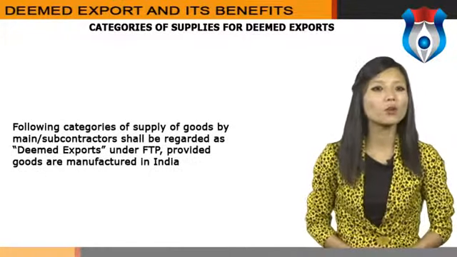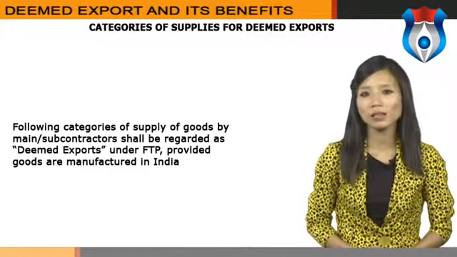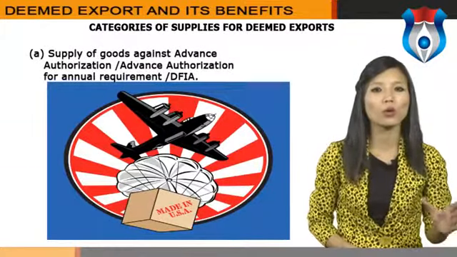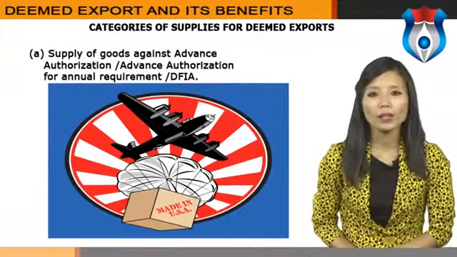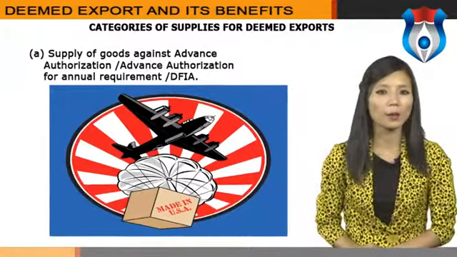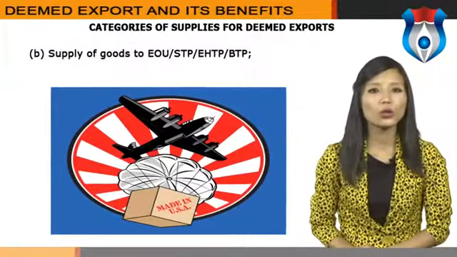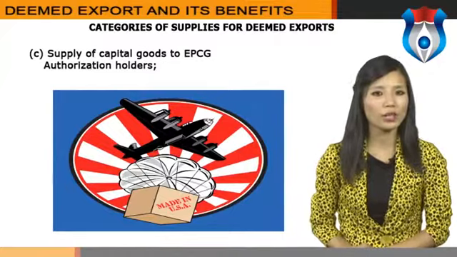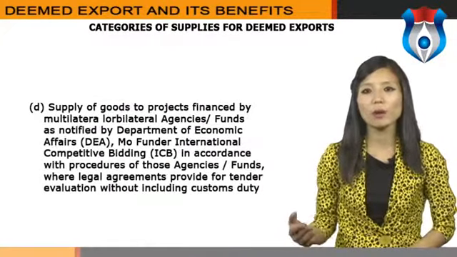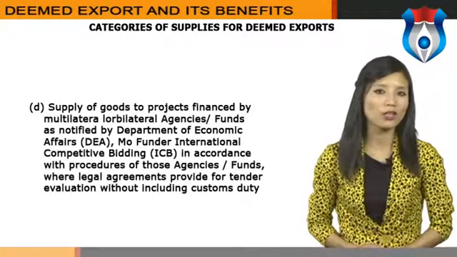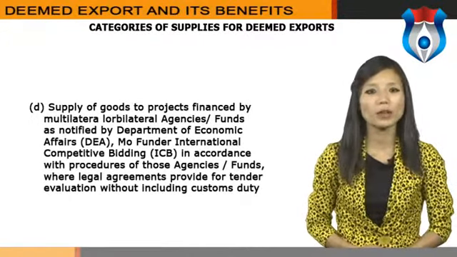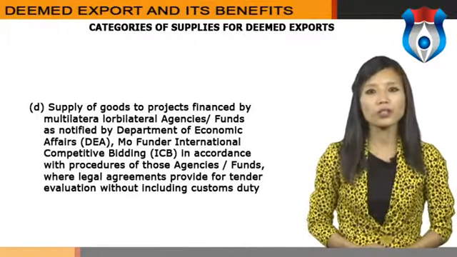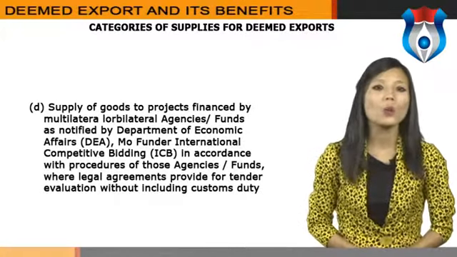The following categories of supply of goods by main or subcontractors shall be regarded as deemed exports under the FTP, provided goods are manufactured in India: supply of goods against Advance Authorization for annual requirement, DFIA. Supply of goods to EOU, STP, EHTP, BTP. Supply of capital goods to EPCG authorization holders. Supply of goods to projects financed by multilateral or bilateral agencies or funds as notified by the Department of Economic Affairs, DEA, under international competitive bidding, ICB, in accordance with procedures of those agencies or funds, where legal agreements provide for